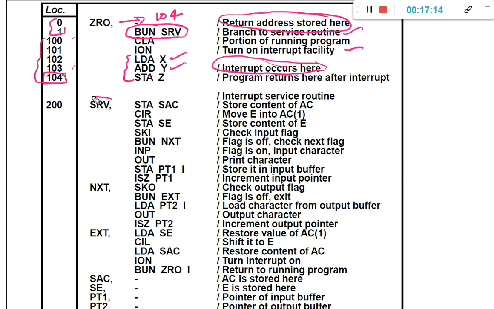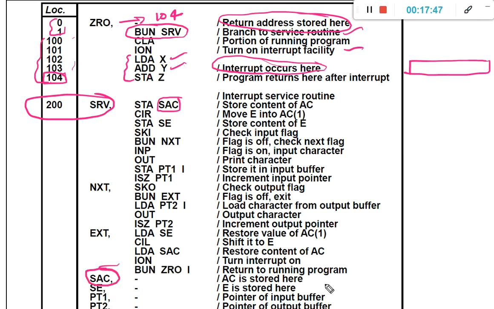So this is the interrupt service routine. Whenever we perform the interrupt service routine, we need to make sure that the content of the accumulator register, whatever it is, must be preserved, because when we come back to the instruction cycle, we need to restore it. That is why we store the content of the accumulator register into SAC, a temporary variable.